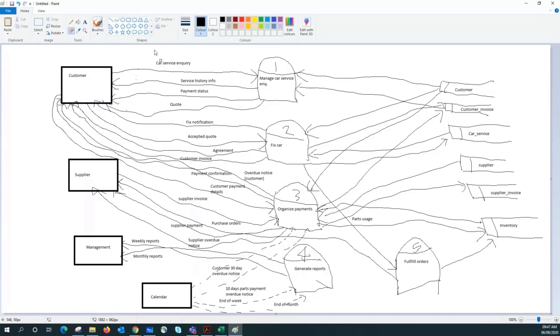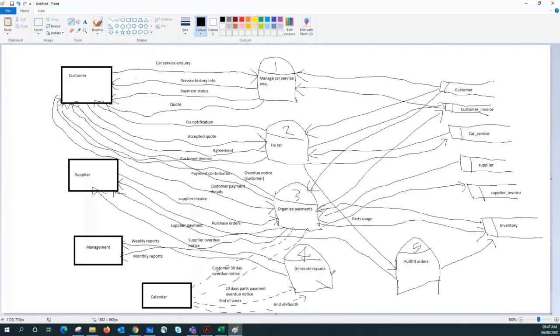Yeah, so that is okay, because we need to read and write for the organized payment as well. So we need to put a comment to update the inventory stocks. That's fine. So on the fulfill orders, we update the inventory levels as well. So that's okay. So update. So going back to the inventory, and then